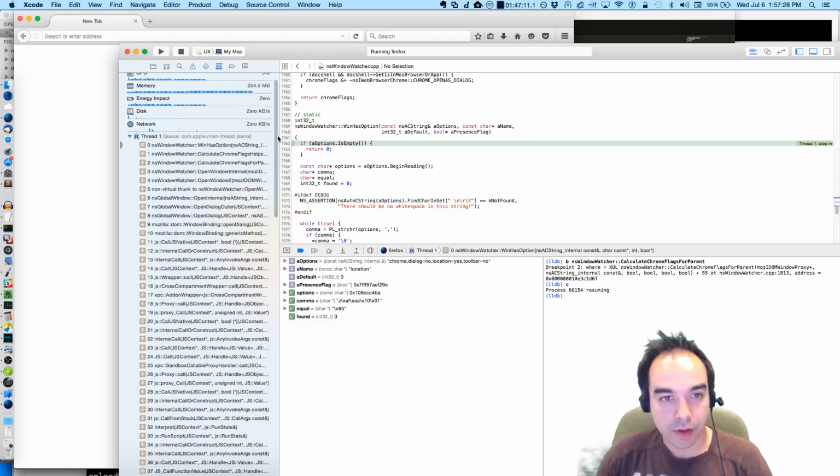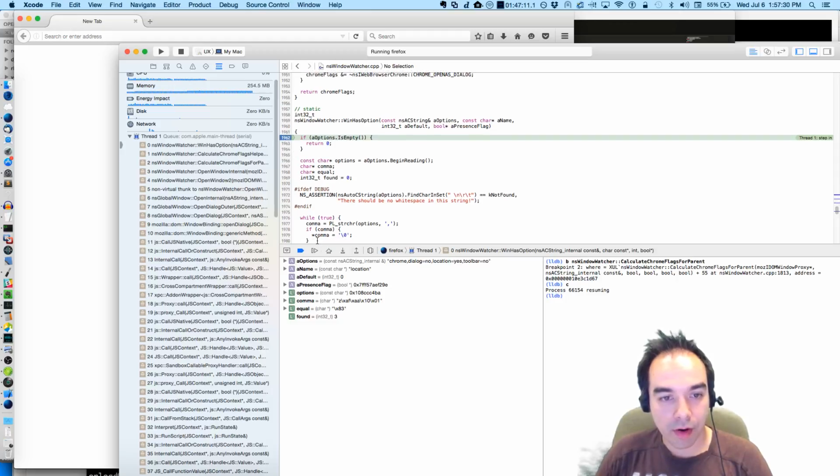Alright. Well, we're not going to get inside the macro, unfortunately, but we're going to see whether or not the window has the option. Begin reading.